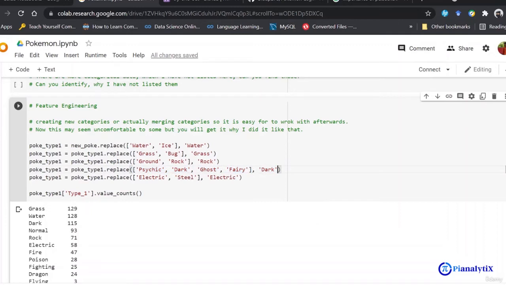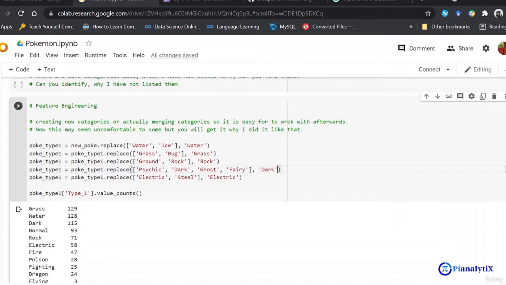So now, you know, people who are really informative about Pokemon would say, oh my god, what has he done? But this is important because after this handling of categorical data, I'm going to extract data, meaning I'm going to maybe build new columns using this data.